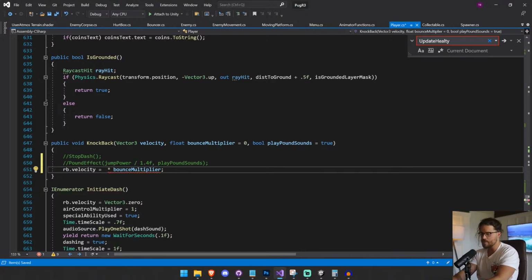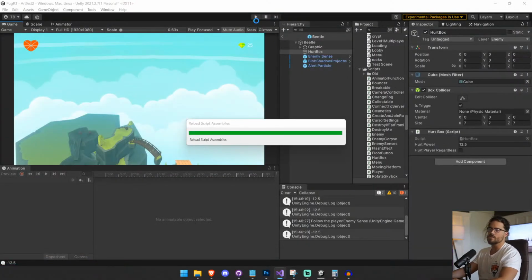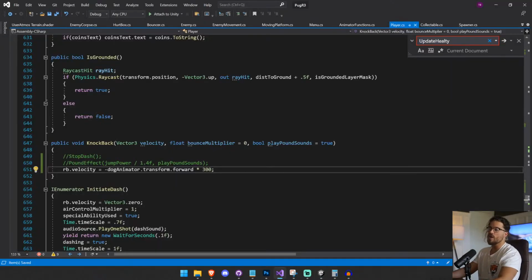Something like dog animator dot transform dot forward, but it's going to be negative. And we're going to just multiply it times like 30 or even 300. I just want to see if that works. Basically what this should do is push the player back, but we should also launch the player